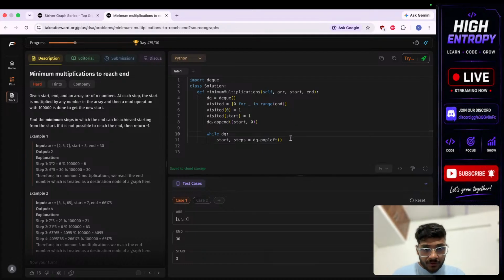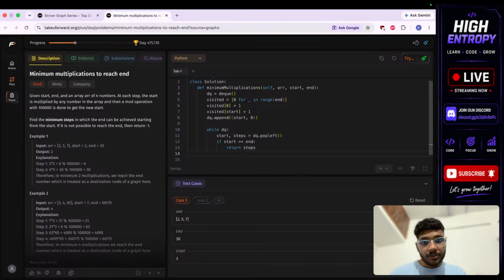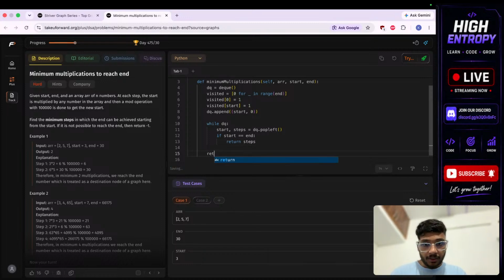So if somewhere in between you are getting start, if start equals end, then return steps. Else we need to process it, and at the end return -1, because if you are not able to get it. Otherwise, if it is not the case, then for num in